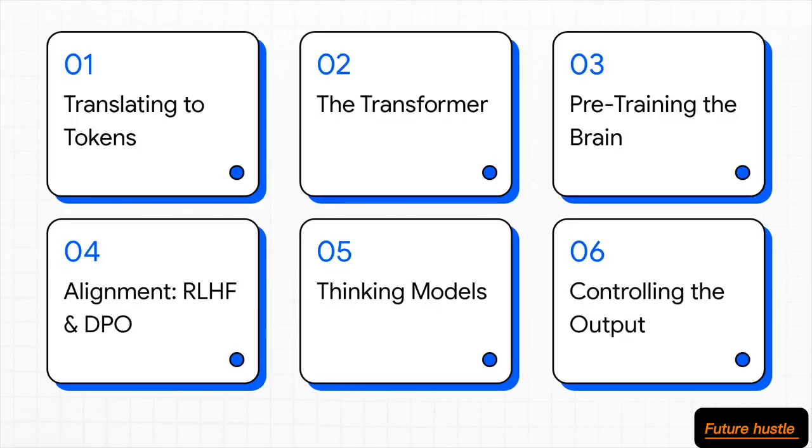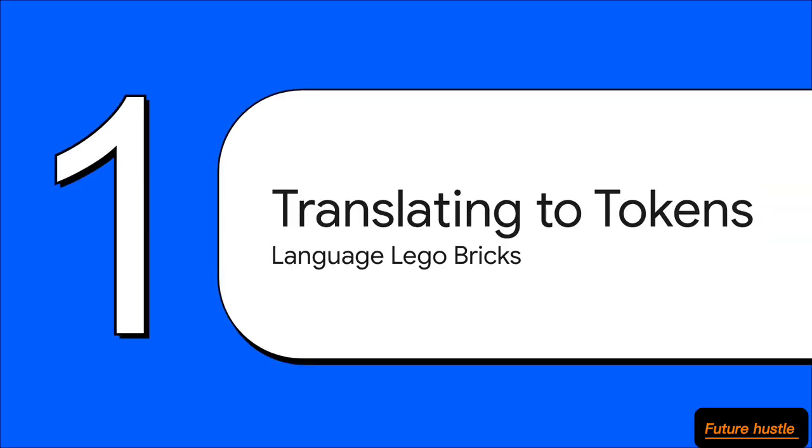So here's our roadmap for today's explainer. We'll start with translating text to tokens, explore the transformer architecture, and then look at pre-training the brain. After that, we'll dive into alignment with RLHF and DPO, the rise of thinking models, and finally how developers actually control the output. Let's kick things off with step 1, translating text to tokens, which is basically breaking language into